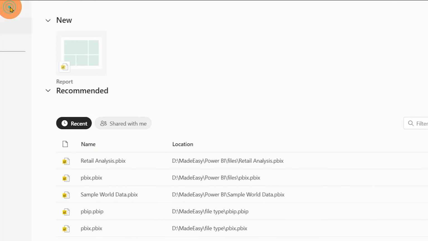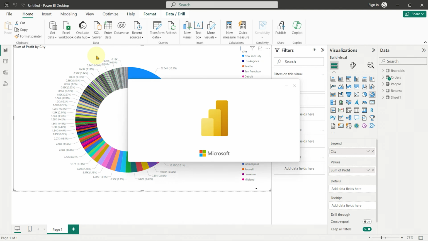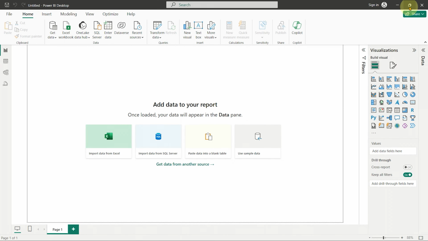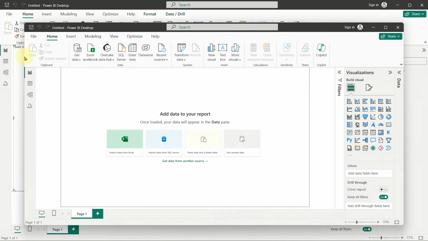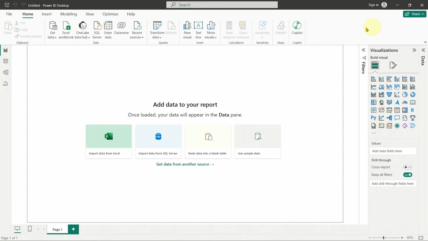and click on the File tab. From there, select the New Report option, and a separate Power BI report window will open. This is just like opening a new document in Word or Excel. Now, you can import your Financial Sample data into this new report without overlapping with the Sample Superstore data.